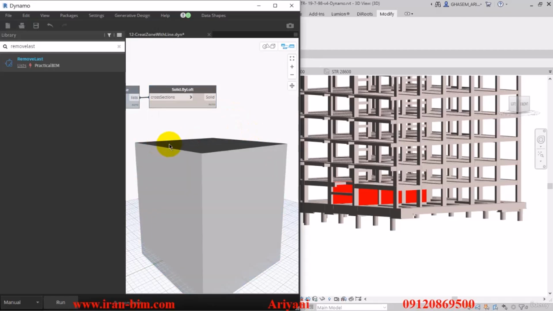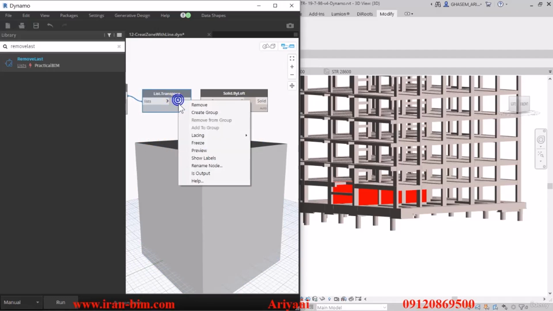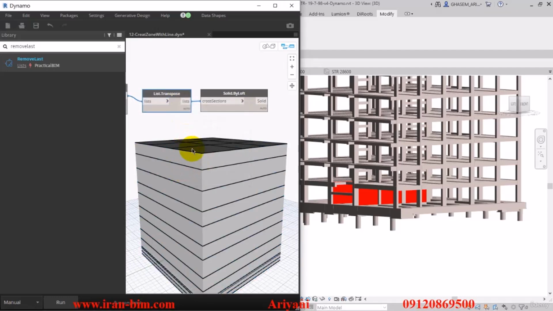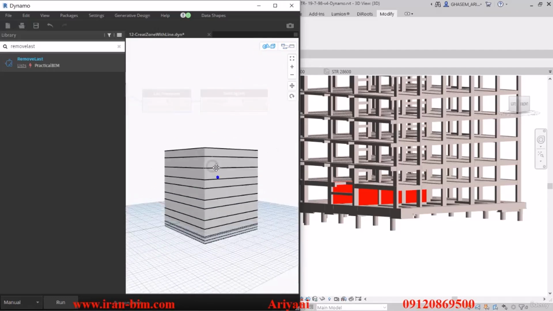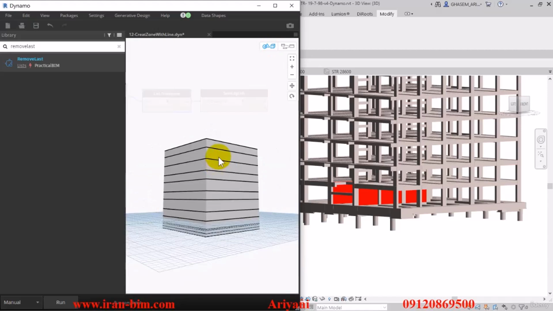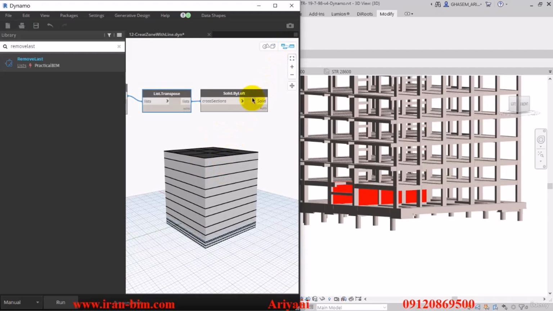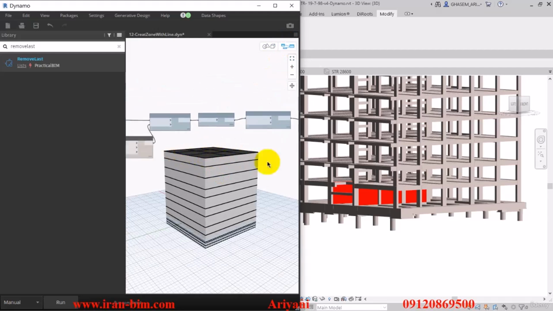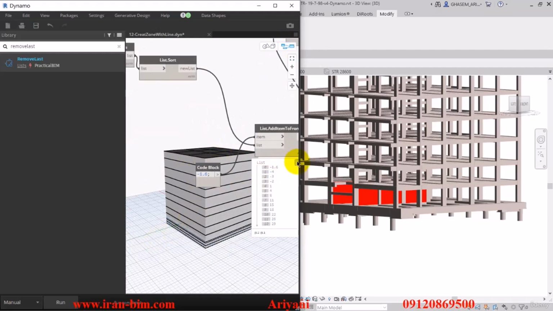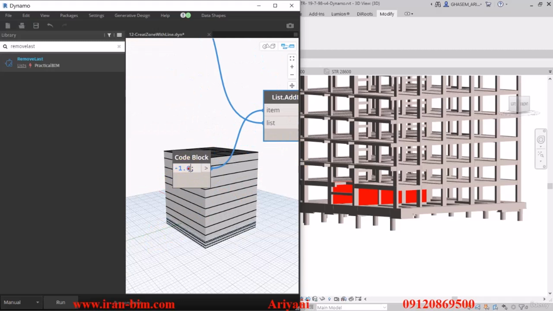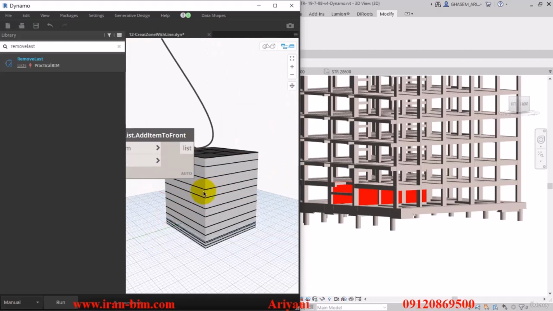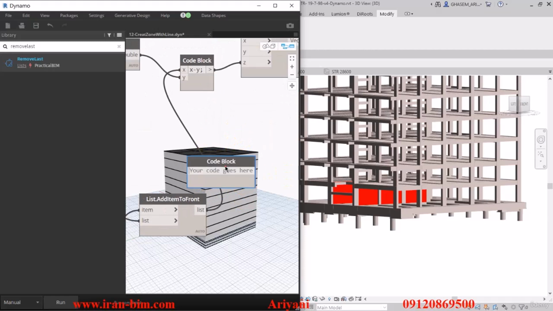Now let me go back here and check the preview of the transpose in order to see the lines, and we can see the structure if we rotate it, such as here as well. Now, in order for us to be sure that all of the elements are inside of it from different angles, we can edit the 1.6 in the code block over here to 2, because it's more helpful to increase the